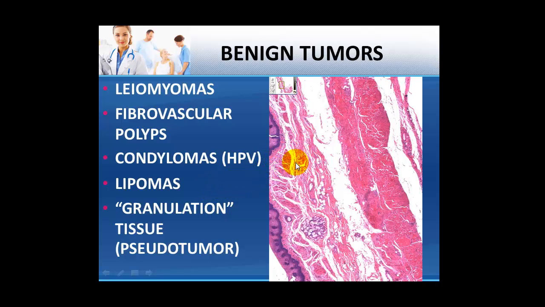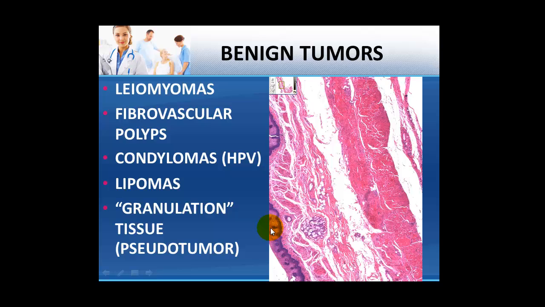Now, if you know the normal histology of the esophagus, you know there is a mucosa, a submucosa, a muscularis layer, and an adventitia, right? So we know that everything can get involved in case of neoplasia. Since you have the smooth muscles, you may have leiomyomas, you may also have some fibrovascular polyps. Polyps are some kind of outpouching. That means there's going to be a polyp formation which will have a fibrovascular core. A polyp should always have a fibrovascular core. If it doesn't have a fibrovascular core, it is called a pseudopolyp.